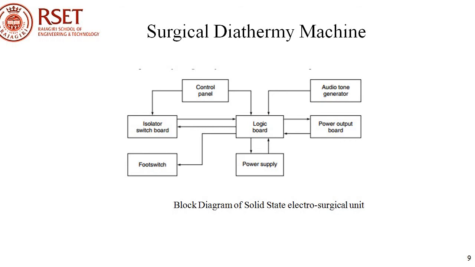The output of this high-power push-pull amplifier is applied to a transformer which provides voltage step-up and isolation for the output signal of the machine. The audio tone generator generates signals at audio frequencies such as 1 kHz, 500 Hz and 250 Hz derived from the counter to identify the different modes of operation such as coagulation, cutting and hemostasis respectively.